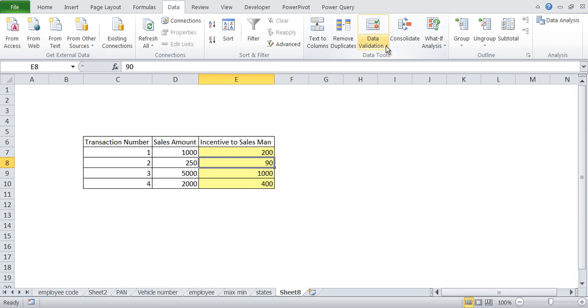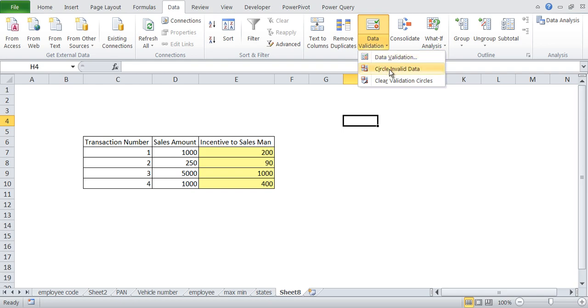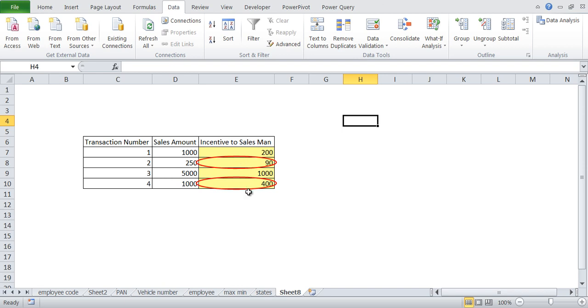We have a feature wherein, and let's say again here also the same issue happened. Let's say the sales was curtailed to 1000. So now he is getting incentive as 400. So whenever you have this, it's always better to let your users know which of the cells are not valid, and it can be done using data validation and circle invalid data. So you click on circle invalid data, and you can see that these two data are invalid. So it's always a good feature to have this circle invalid data, so that you can know where the data validation is not being met.